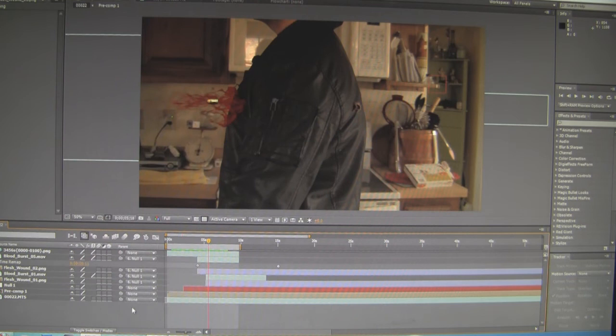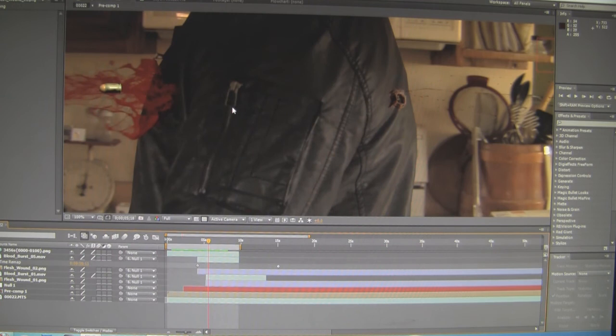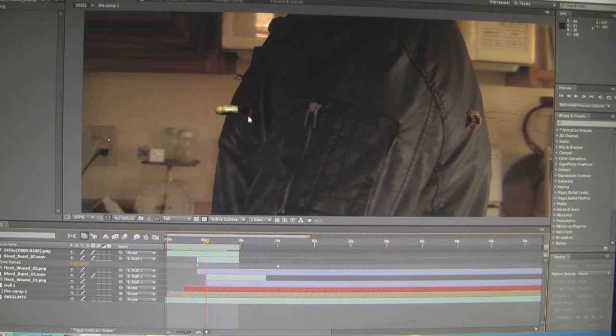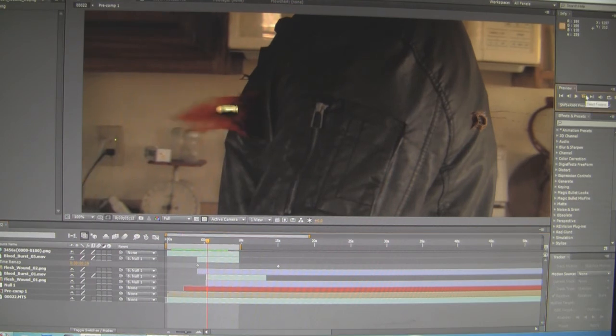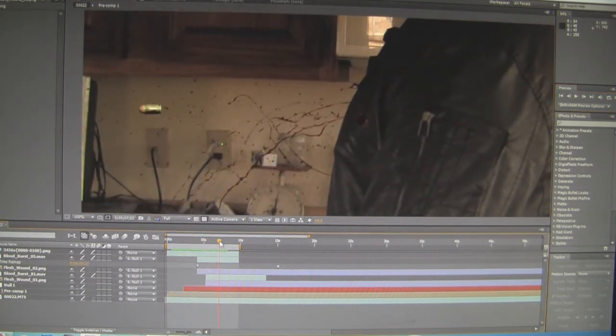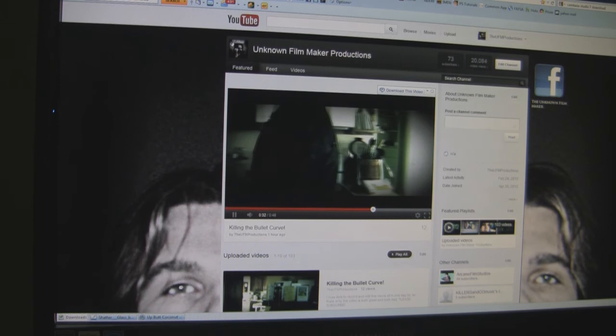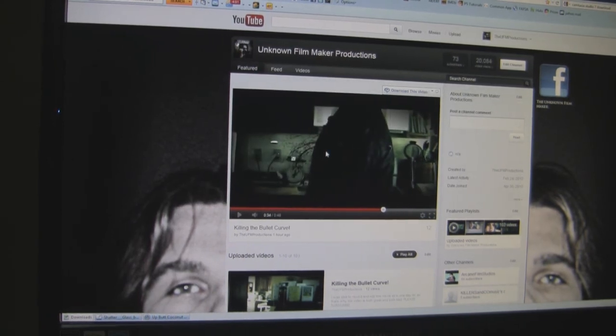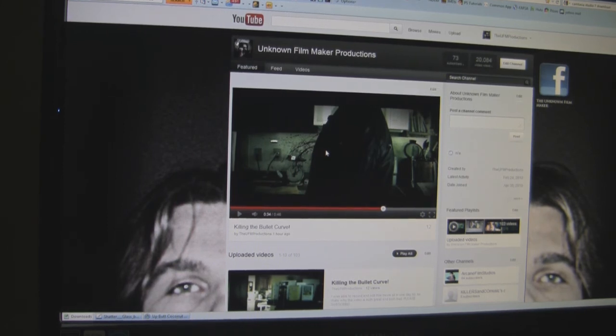When I added color correction, it actually changed the blood thing, as you can see. It doesn't look like that could be a big bullet hole. You can see the hole right here, but as I go more into it, this doesn't look very much like I actually got a lot of blood out of there. Especially when I moved over, the bullet is still the same. Like in my original video though, when I added the color correction, you can't really see the bullet in here, but it gives people that illusion that, you know, I was shot badly. But anyways,